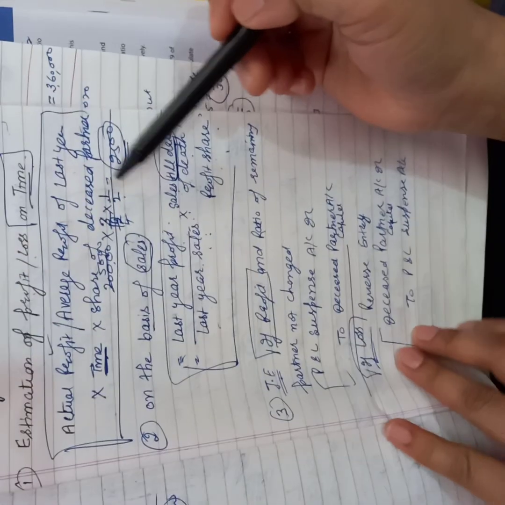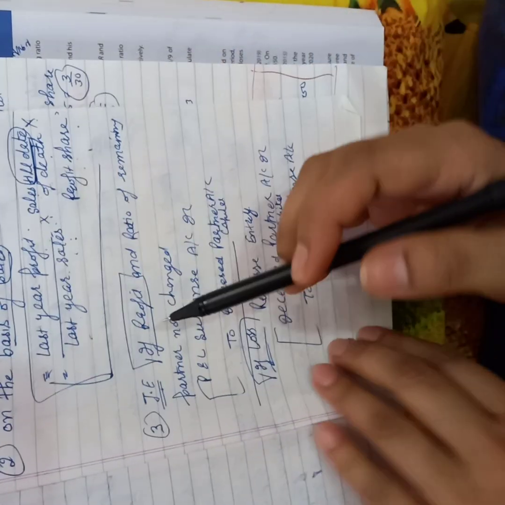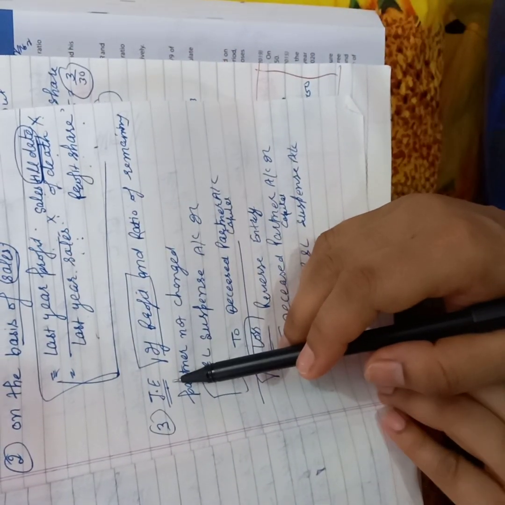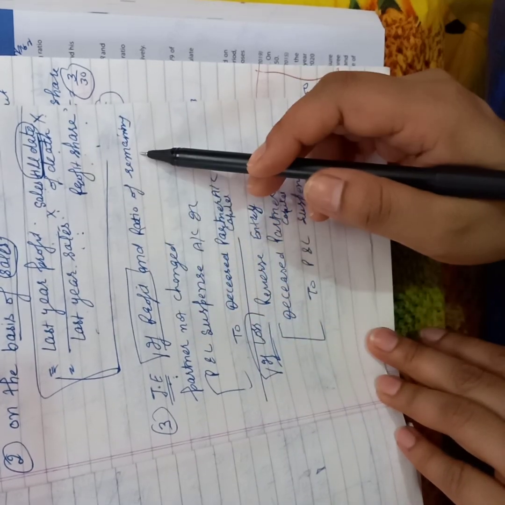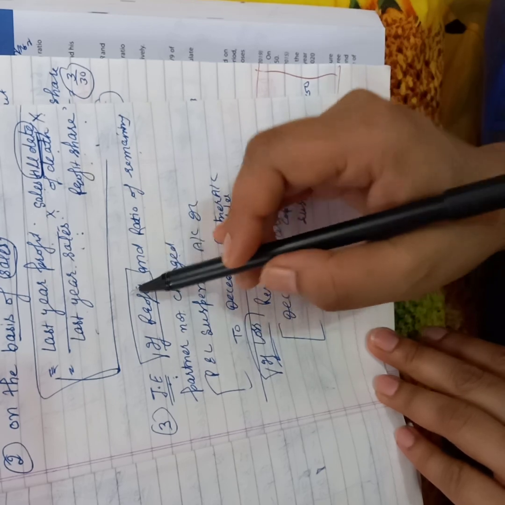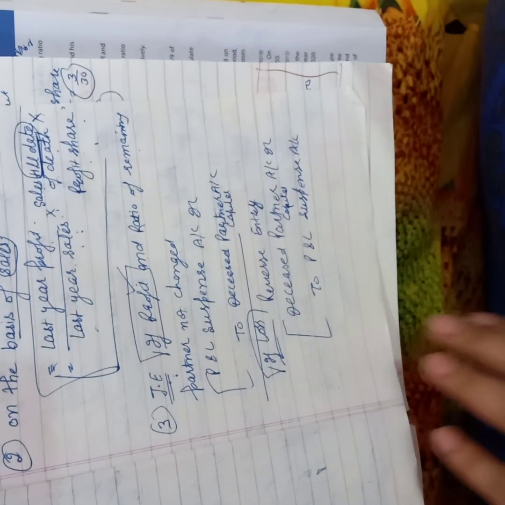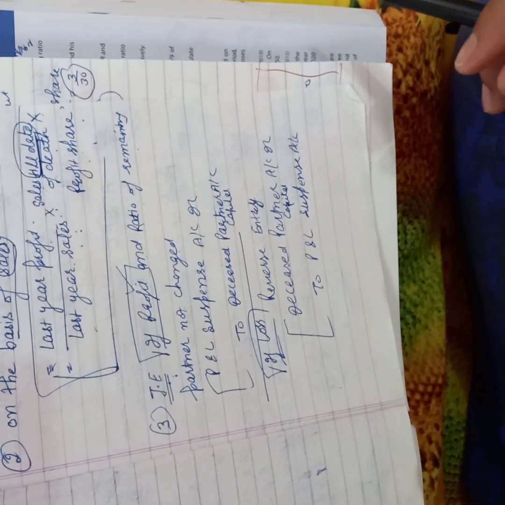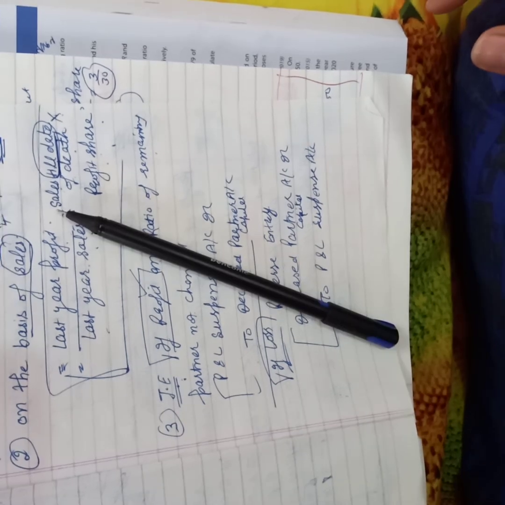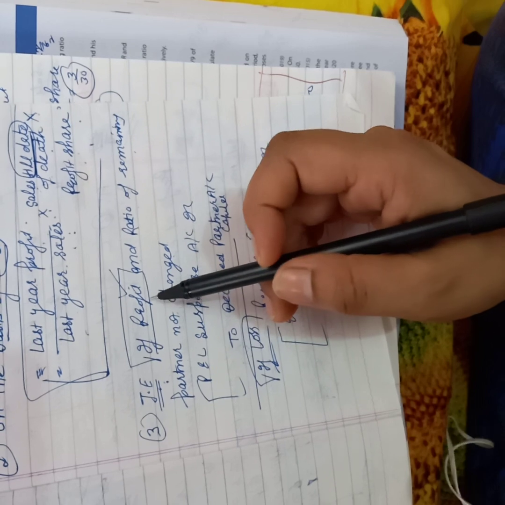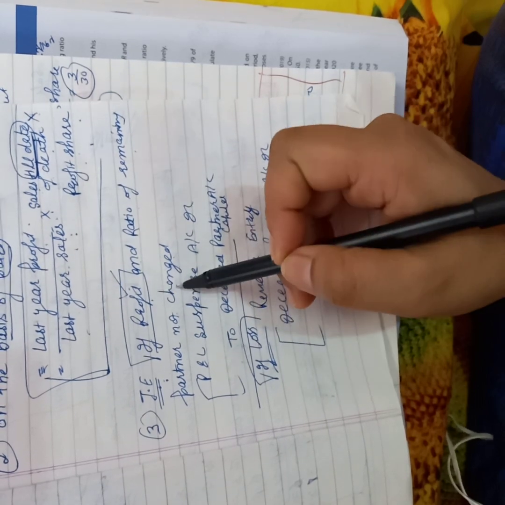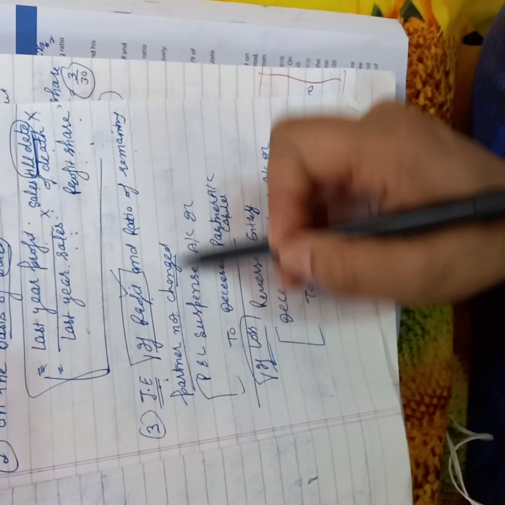Now third, we will make the journal entry by using one or two out of these situations. We will face any one situation in the question, then we have to prepare the journal entry. We have to do the journal entry if the profit sharing ratio of remaining partners does not change. Means there is a profit, the profit has been calculated, and the remaining partners' ratio is not changed, then we will make a simple single journal entry.